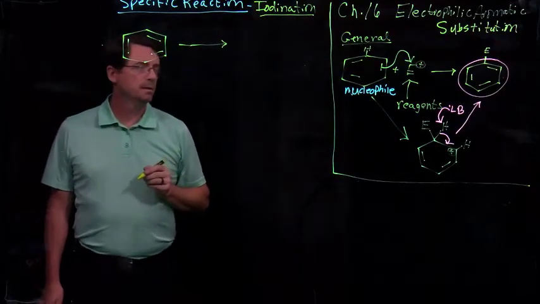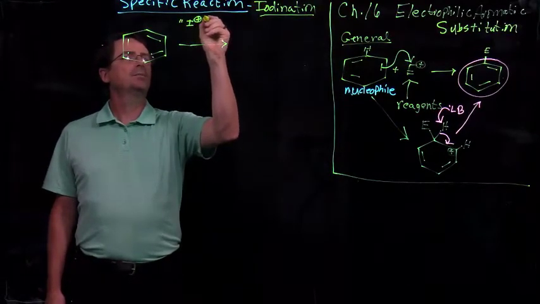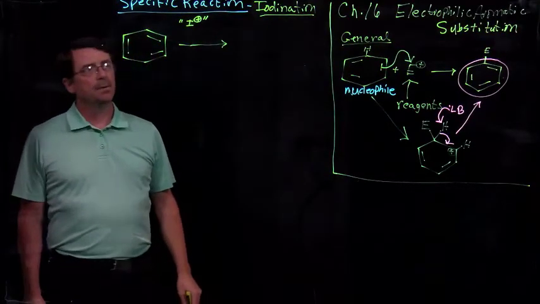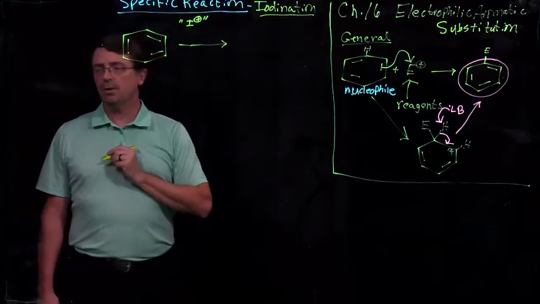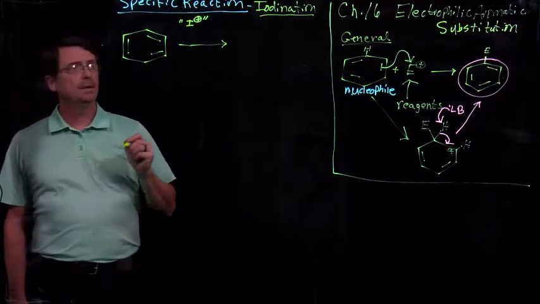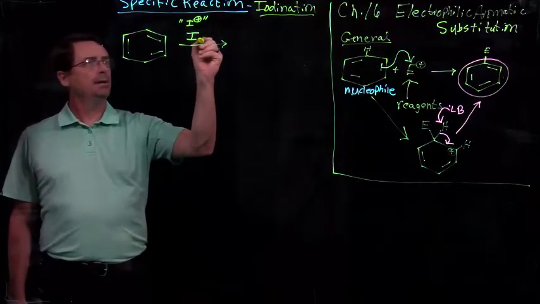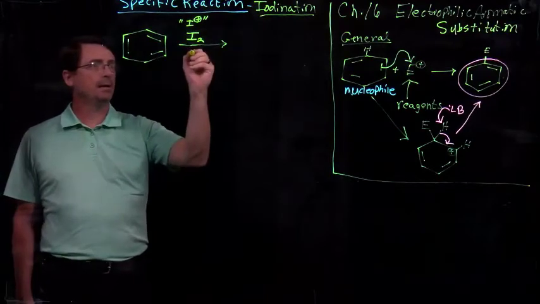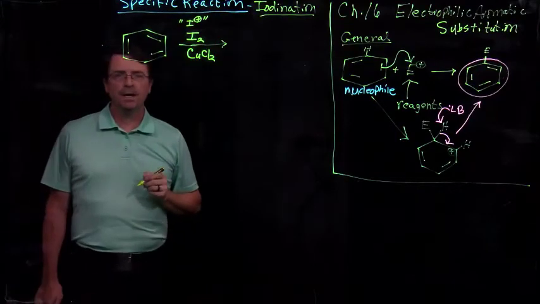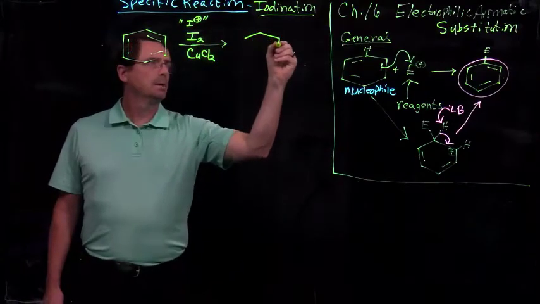So as we look at this, eventually we will see that it is the generation of I plus that is the critical factor that becomes our electrophile. But we have to generate that, and the reagents that we can go and pull off the shelf. So this is a very important concept for you to understand. I can't pull I plus off the shelf in my lab, but I can take I2, and I know that if I mix that with copper 2 chloride, that it will generate I plus, and that can then undergo iodination